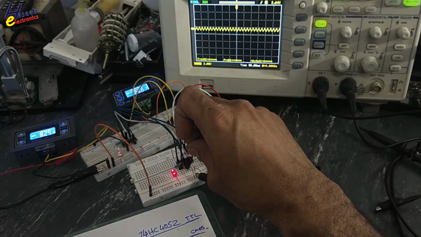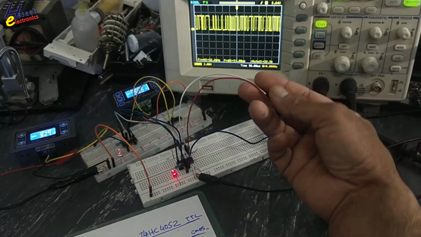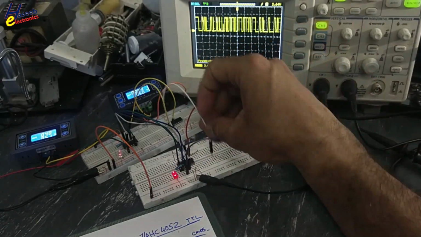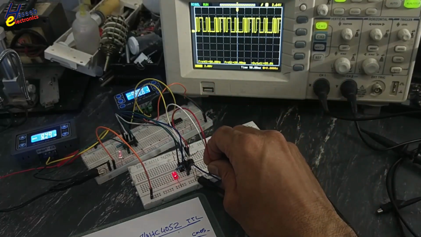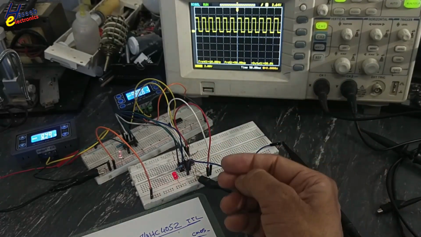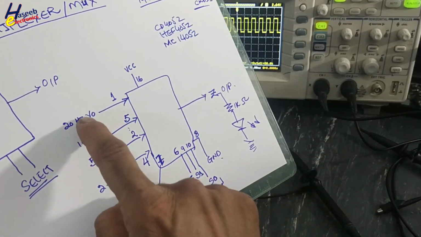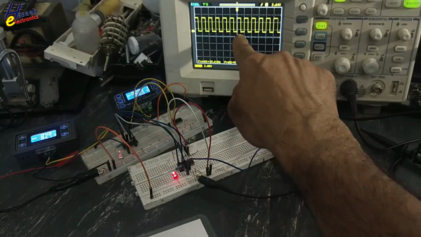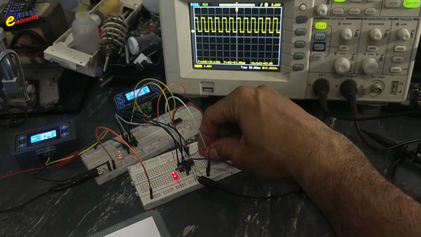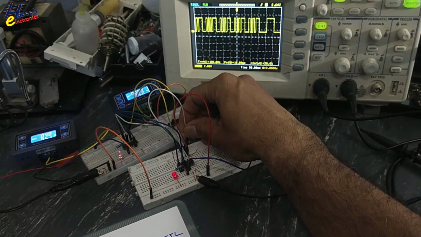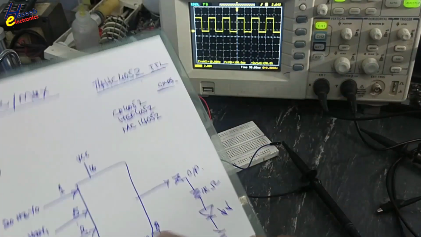I will connect the oscilloscope at pin number 3, that is the output pin. We have these two input pins, S0 that is pin number 10, and this is S1. Both inputs are connected to the low side. We have low inputs. This signal is now 20 Hz here. Now 0, 1: 0 volt and 5 volt. This is pin number 10. 10 Hz frequency is in output.